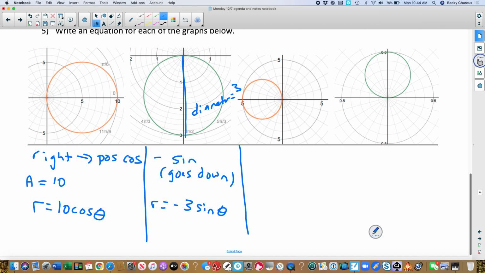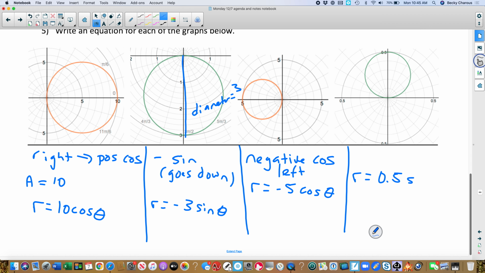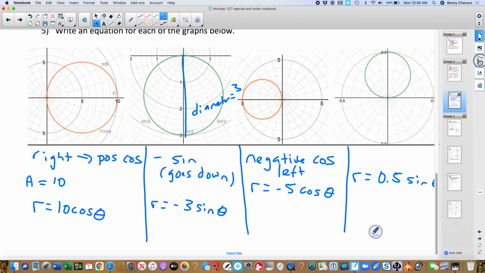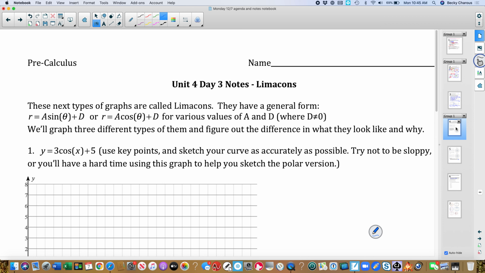What do you think? It's negative 5 cosine theta. So it's going to be a negative cosine because it's left, and 5 because that's the diameter. Good. So r equals negative 5 cosine theta. And the last one, you get the hang of these. 0.5 sine theta. Yes, 0.5 sine theta. Nice. So if you see an equation like that, the goal is to recognize it's a circle, and then you can graph it. Everyone feel happy? Excellent. Okay, we'll go on to the next thing. Okay, so the next thing is what happens when we